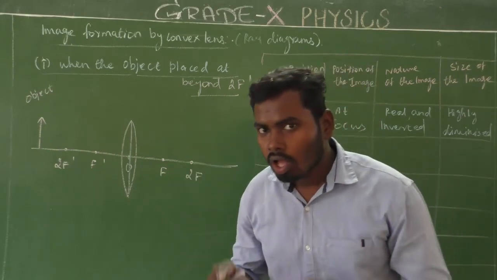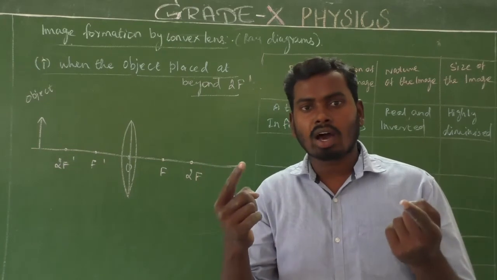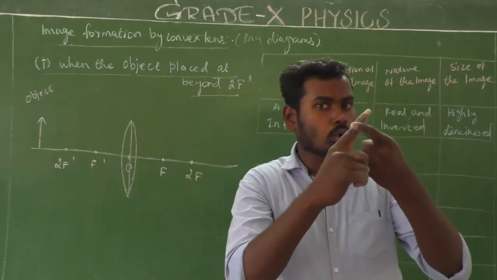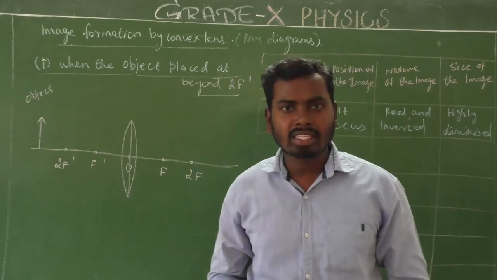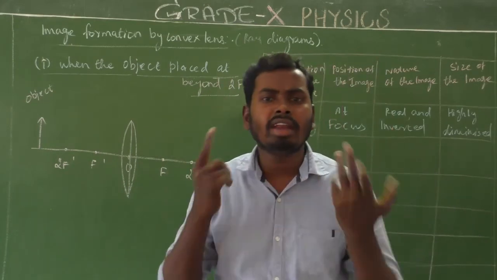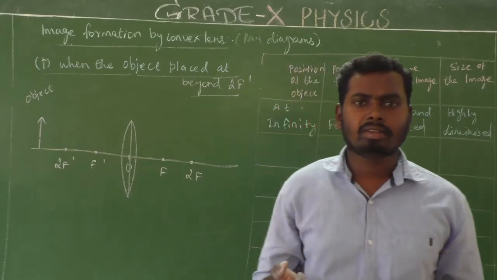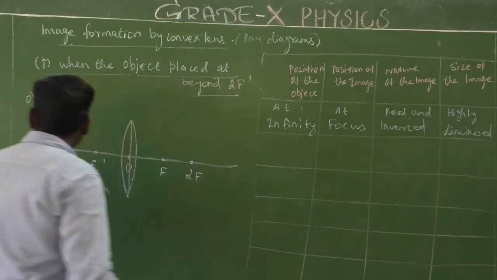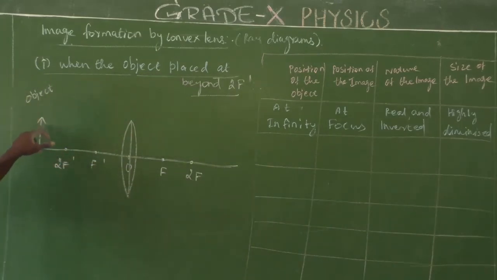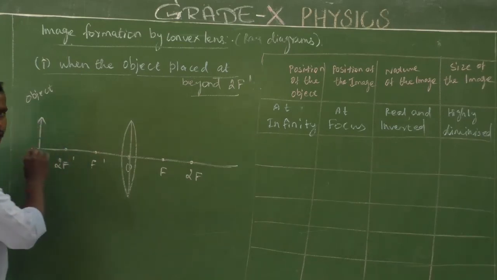Already we know, when 2 refracted rays intersect together, there will be image formation. So to form an image, just 2 rays are needed. Very important. That's why I am going to take just 2 rays. So consider an object placed beyond the 2F dash. Consider a ray of light coming from the object placed beyond the 2F.